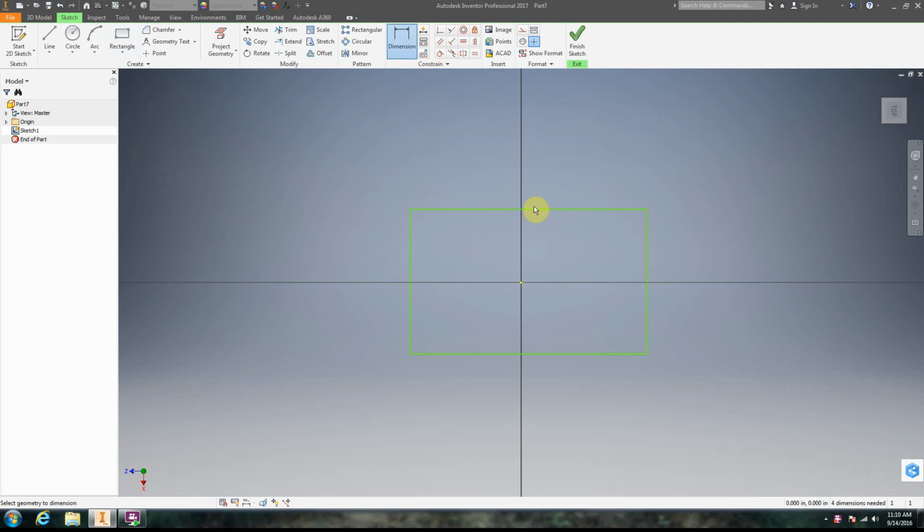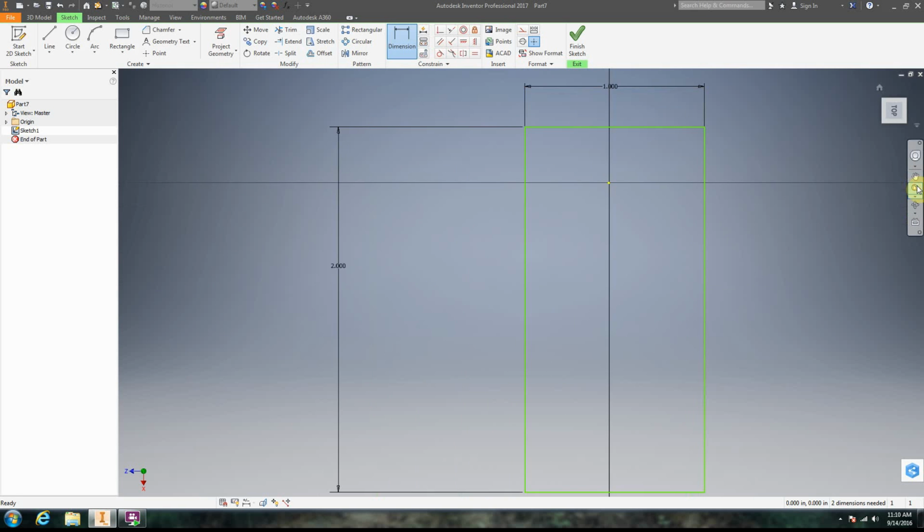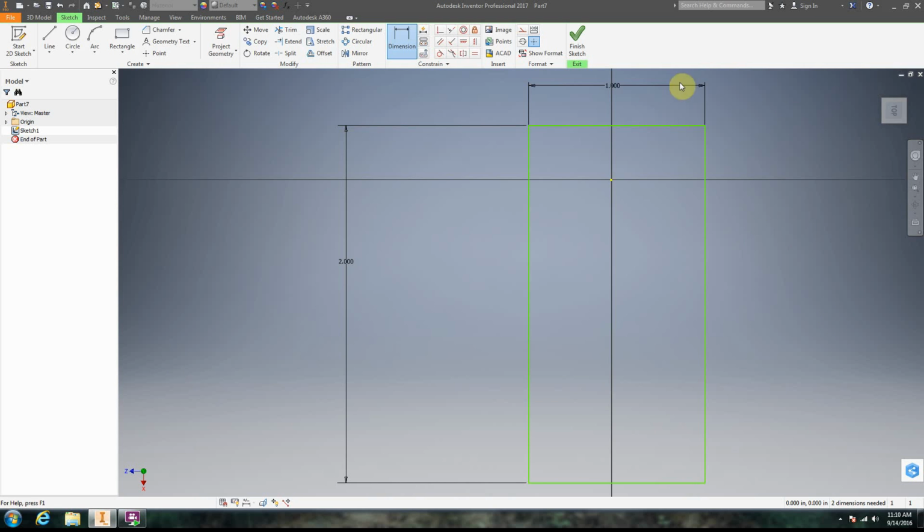We're going to dimension our rectangle, right? So we click the dimensioning tool, click, move the mouse, click. We're going to make this a 1x2 rectangle. We're still in the dimensioning tool. I click, move it out, click. And we're going to make it 2 inches. Click the green check. I zoom all to make sure I've zoomed. Okay, so now I have this